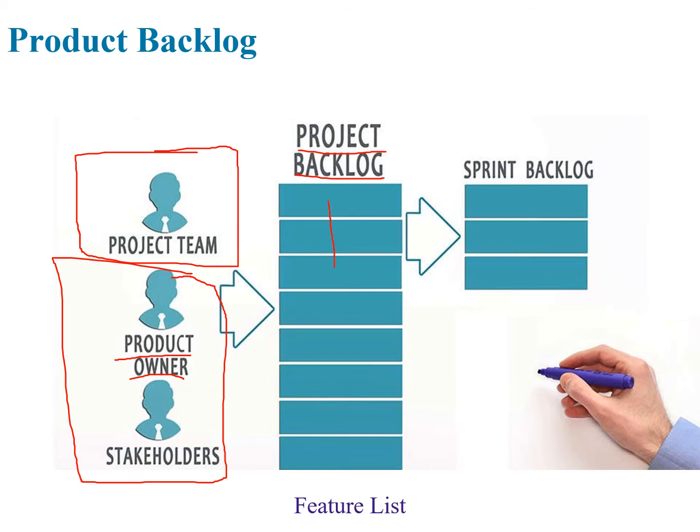backlog. In here we list down all the tasks that should be done, the features that are required in the new software, and we list them from the top, starting from the very important features down the list, and then we transform this list into a more detailed sprint backlog list, which just lists down the main important items with the tasks that should be done.